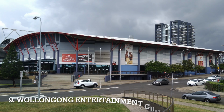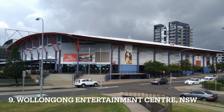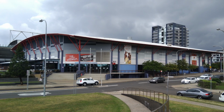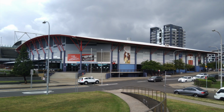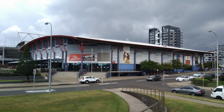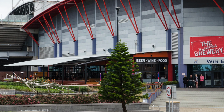At number 9, we have got the Wollongong Entertainment Centre, home of the Illawarra Hawks. This was built back in 1998. It does seat around 6,000. If you look at the exterior, it is quite simple, but I do like how it intertwines with the sort of urban fabric of the city. It is right next to the NRL stadium in Wollongong, where the St George Illawarra Dragons do play a few